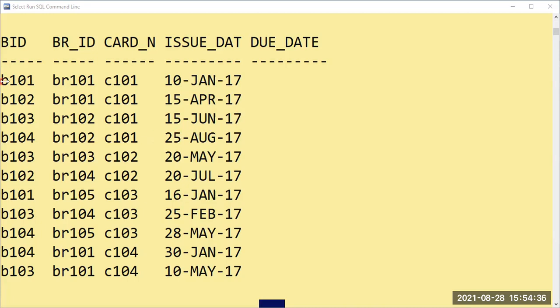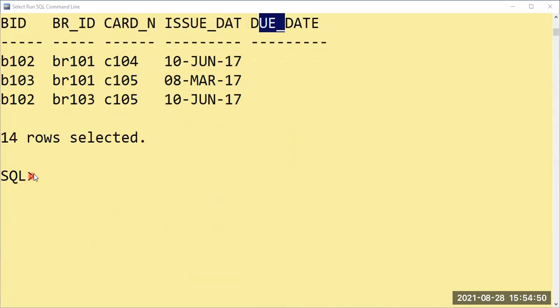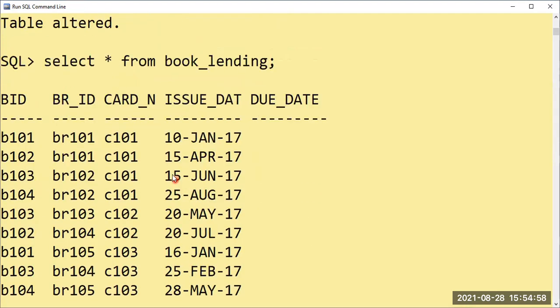We just have to go on adding the values by saying update table, B101, BR101, C101. So I've got the idea. 10th of January, so she has to return on 26th January. So I'll update my first way. I will say for Maitri's card, okay. But Maitri, how many times has she issued, guys? She has issued 3 books, with the same card number.